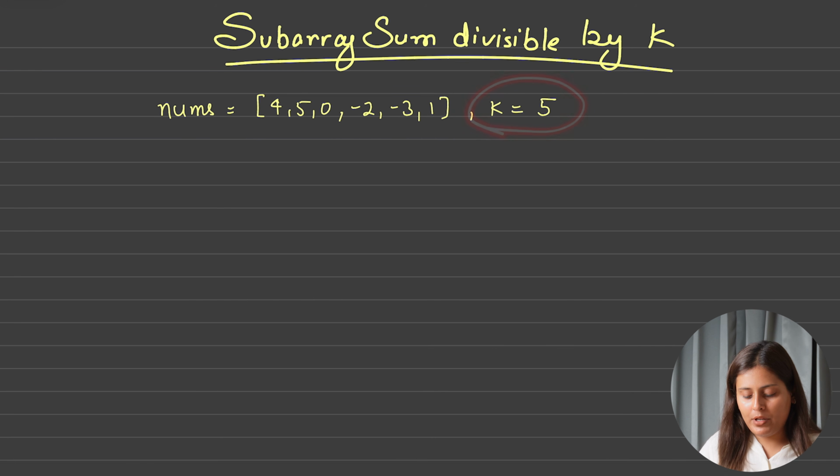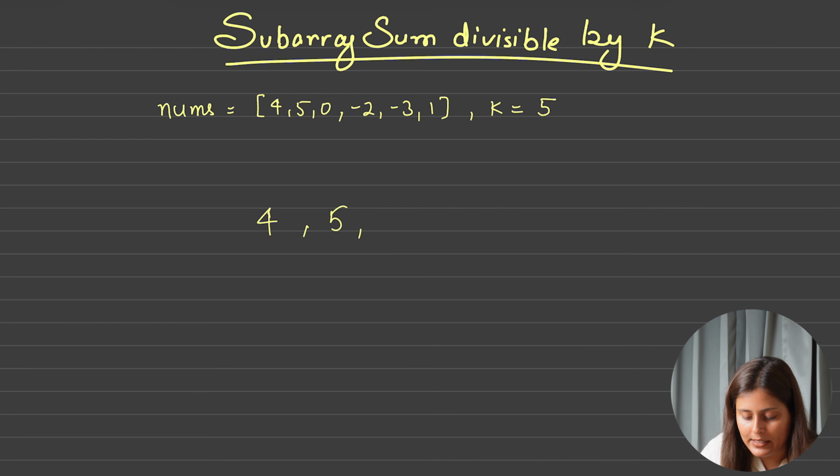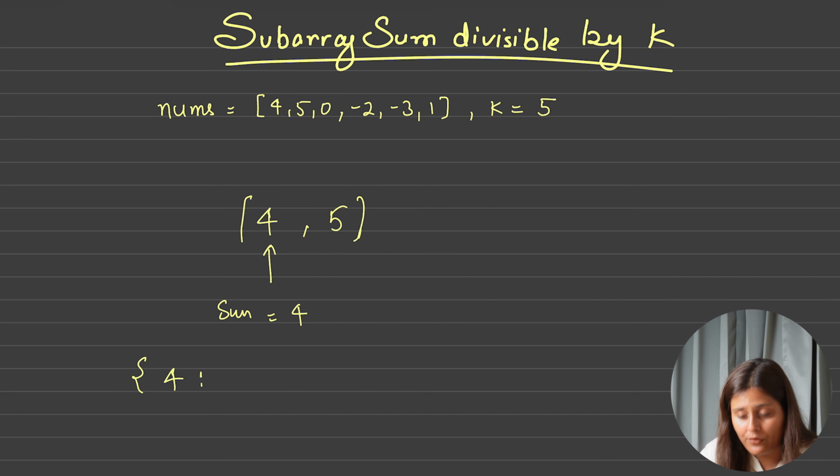So the idea is very simple. We want the summation to be exactly divisible by k. Yes. So I will see, is this 4 divisible by k or not? No, it is not. Okay. So can I say what number it is left with? Like what is the modulo for this? Why am I saying this? Let's see. Suppose I got 4 and then I got 5. Correct? Yes. So I will add this. I will say summation is 4. Yes. And it is not divisible by k. So what was the modulo for this? Modulo was 4. So I am saying let's save this in the map, saying I found it how many times?